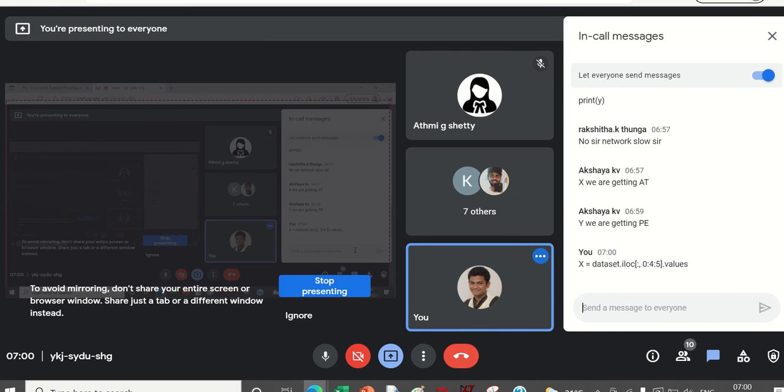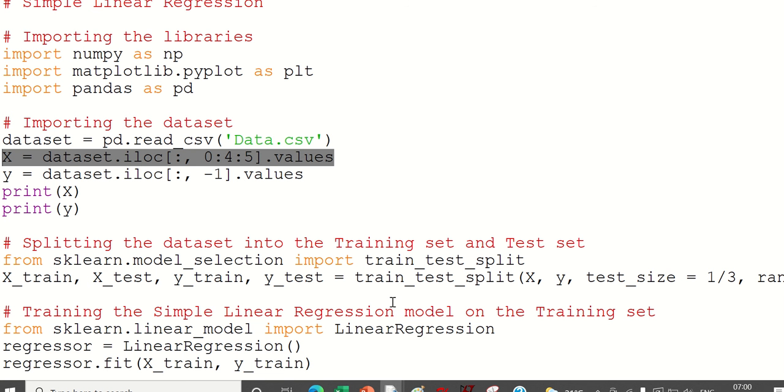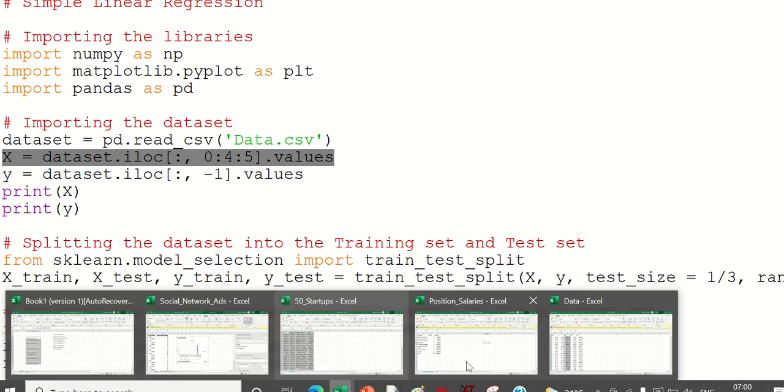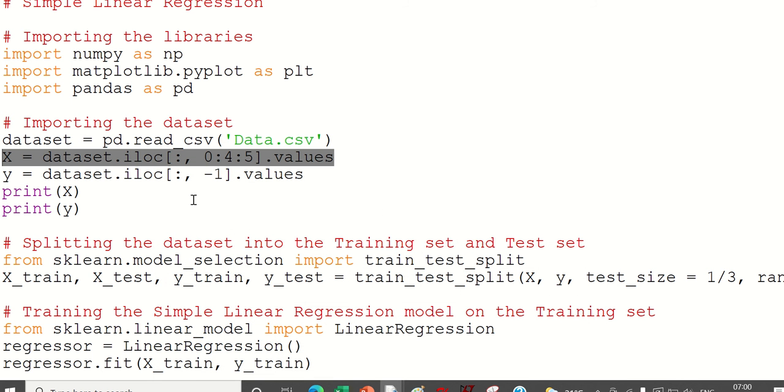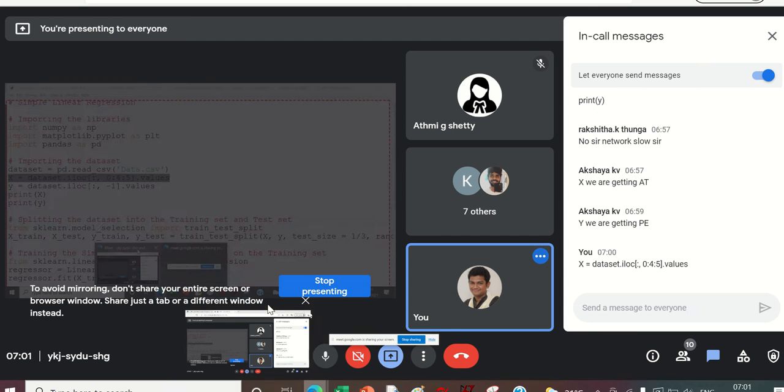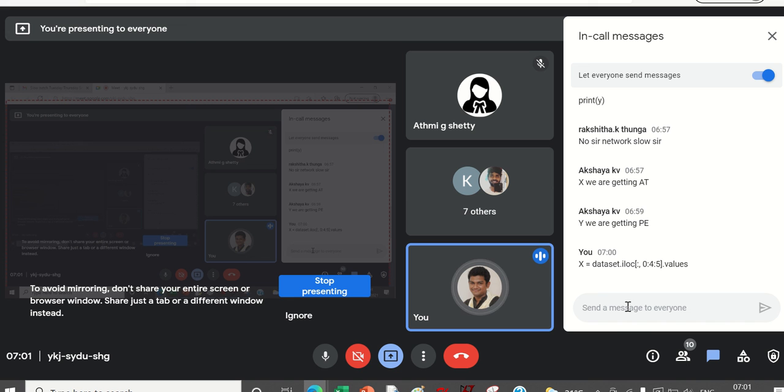Someone else tell me what has to be done in this case to get AP. Reply in the chat. Instead of 80, I need AP. What should I do in this code?